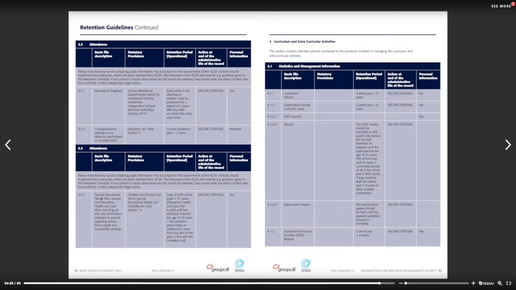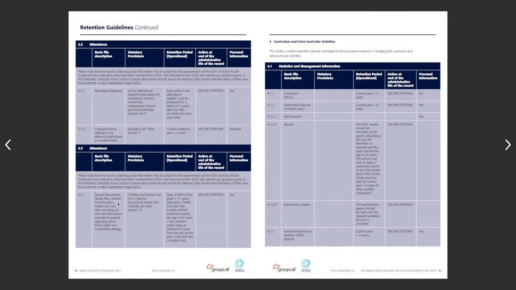There is sometimes some confusion. Because it says EHCP over here, people assume it means just for EHCP, and it doesn't. The information is in this column here. It says special educational needs files, reviews, and education, health and care plan, including advice and information provided to parents regarding educational needs and accessibility strategy. In other words, any child who's been on the SEN register, even if they're only on there for 6 weeks, you're maintaining that file until they are 31. Doesn't mean you have to add to it, it just means you have to keep a copy of it